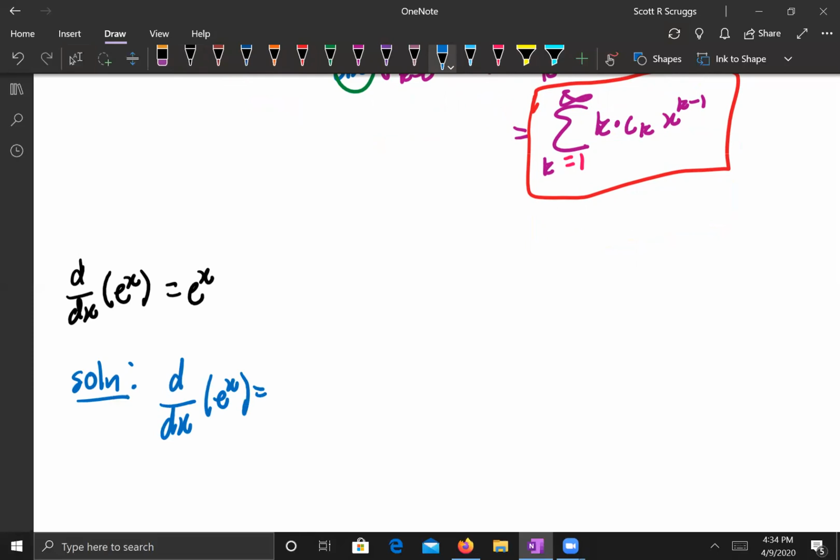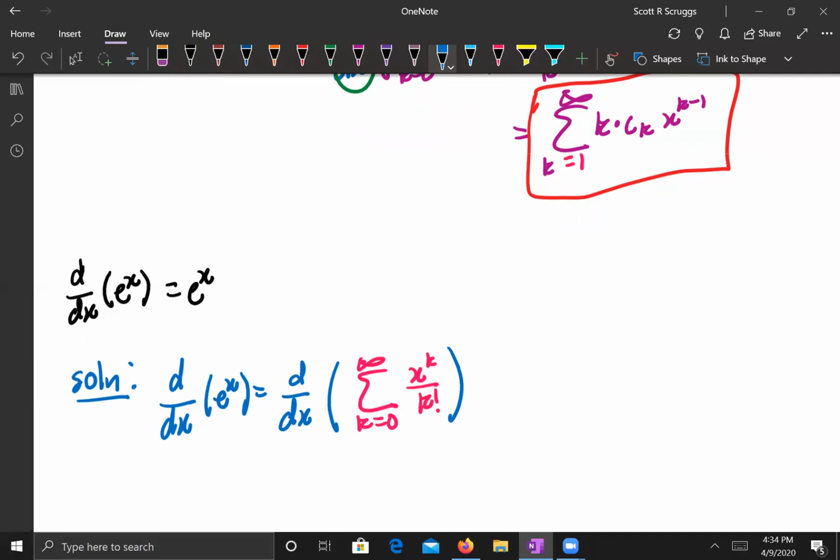I know its Maclaurin series, which is d dx of the sum from k equals 0 to infinity of x to the kth power over k factorial